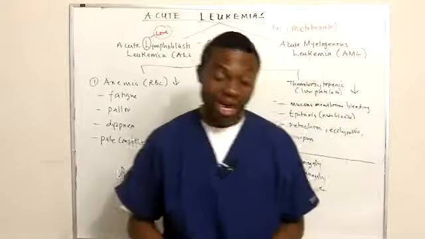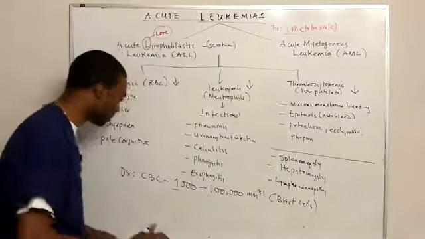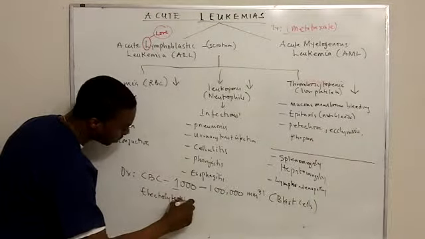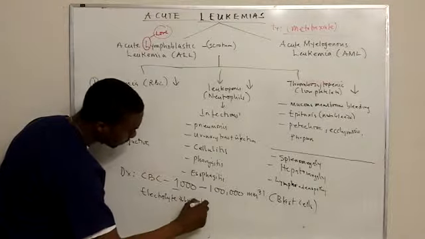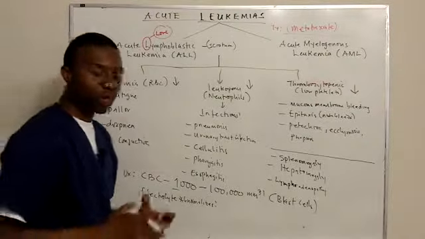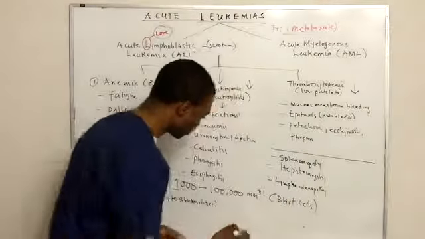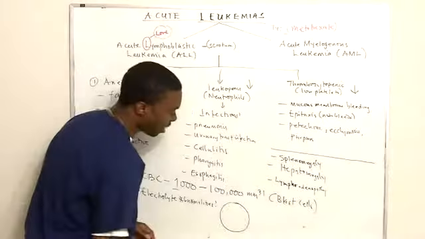Also, they're going to have electrolyte abnormalities. Let's find out why they have electrolyte abnormalities. Because when you have a white blood cell, which is like a regular cell, inside the cell we have phosphates. Phosphates are usually found inside the cells. Potassium lives inside the cells, and we have DNA. DNA is made out of purines and pyrimidines.